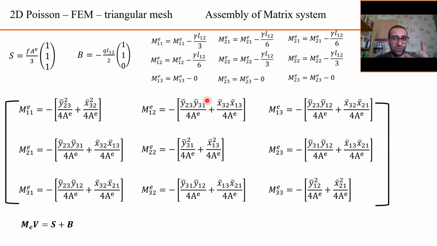In that case, we need to be careful. Should we calculate the boundary integral or not? Otherwise, everything is the same. And we can derive, indeed, we derive this matrix and this vector for any typical element, and we know that